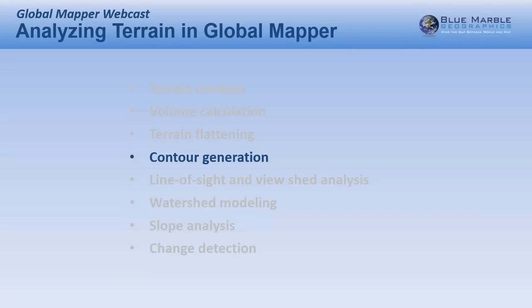So one of the more common uses of terrain data, one of the more common outcomes or procedures that's followed, is the generation of contours. A very, very straightforward process, very powerful tool. Many users of Global Mapper, as I mentioned, focus on this or cite this as being one of the strengths of the application. We started with vector data as the raw material for generating our terrain. Now we're going to go back to vector data in its contour form, so we're kind of transitioning back into